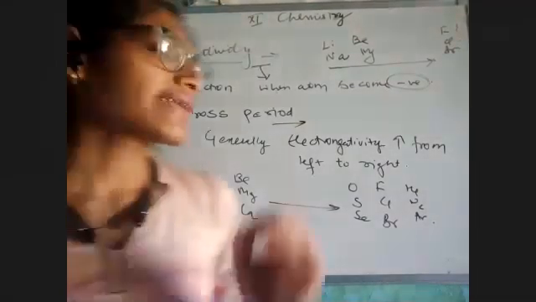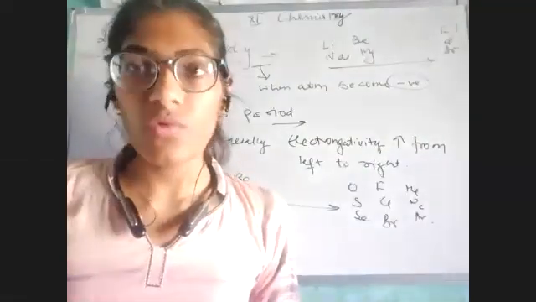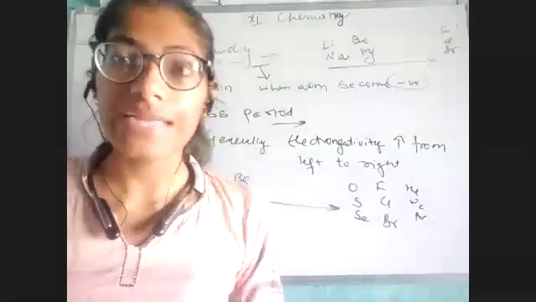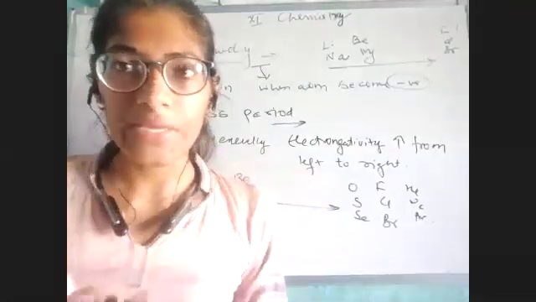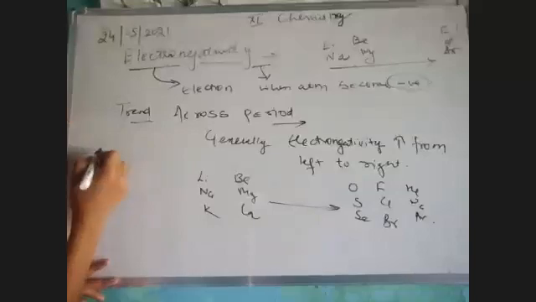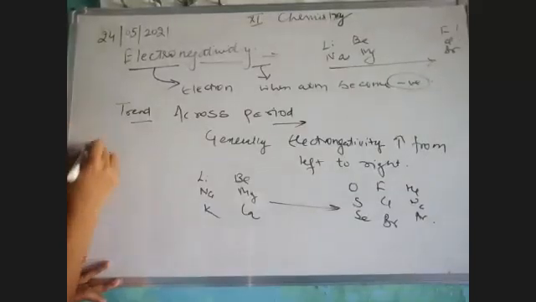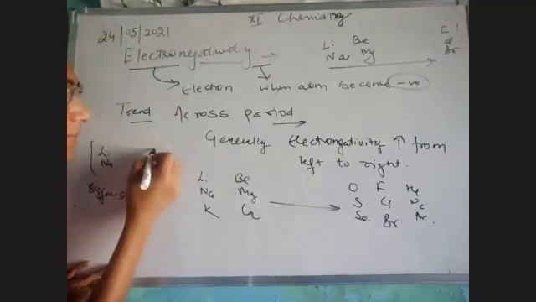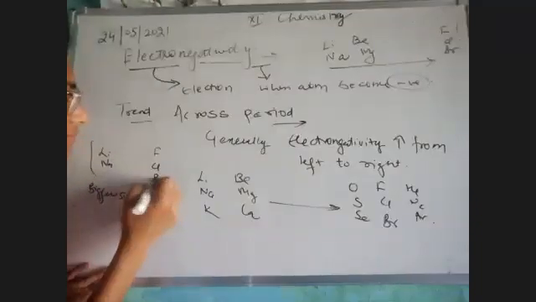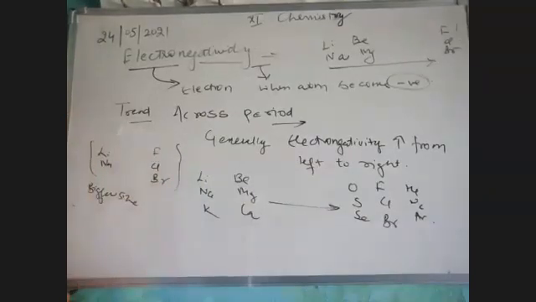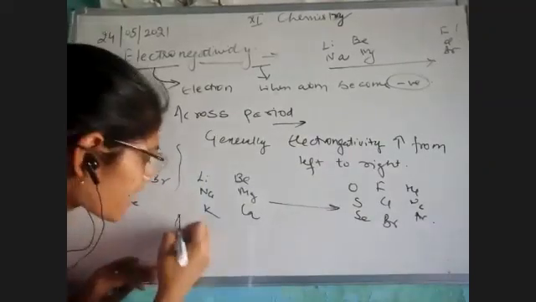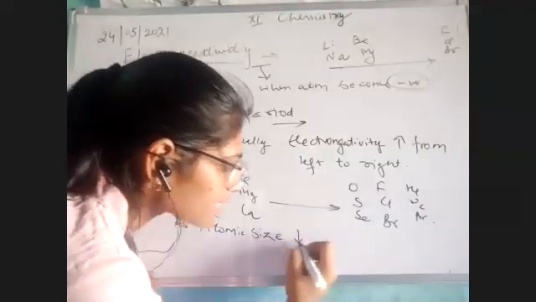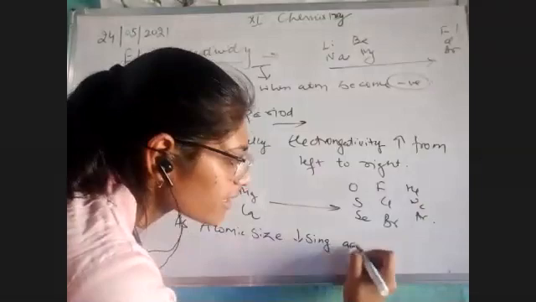See बच्चे, it can be explained on the basis of atomic size. अब point ये है कि हमारा जो atomic size है that is decreasing across a period from left to right. We know very well कि हमारे जो lithium sodium है they have the bigger size as compared to fluorine chlorine. Okay, so now the point is as the atomic size is decreasing across a period,